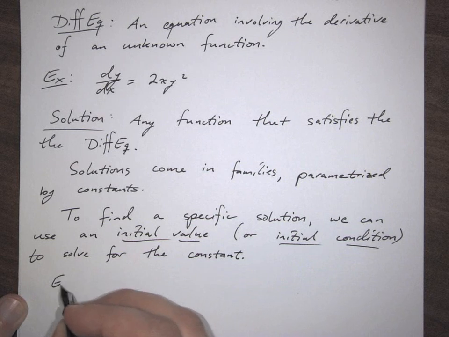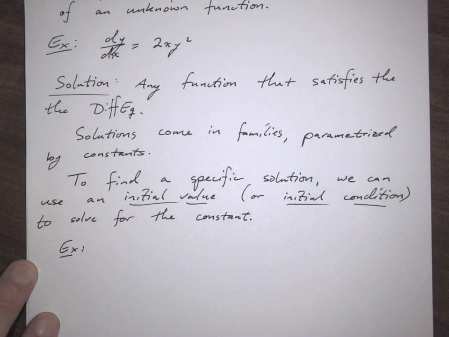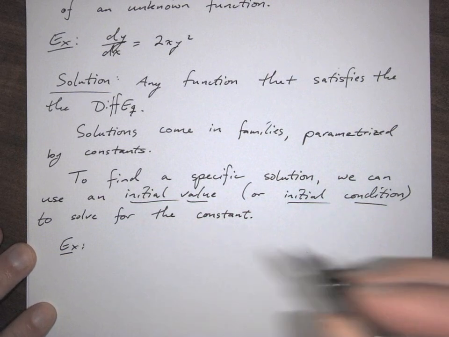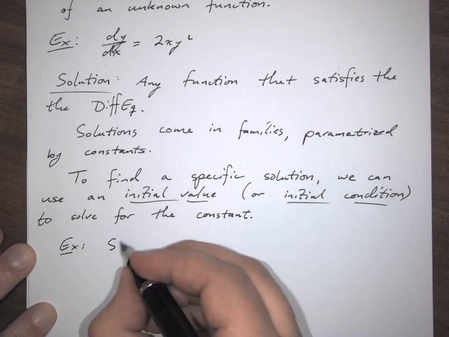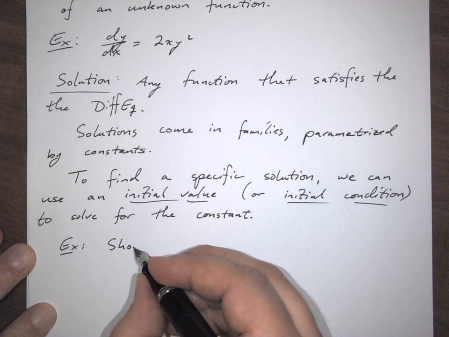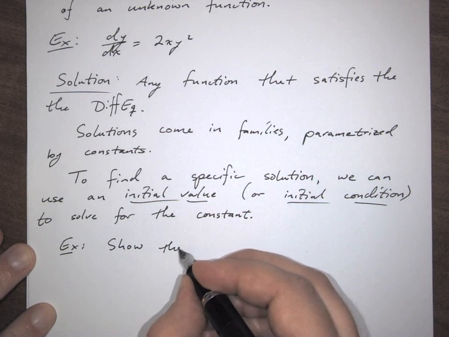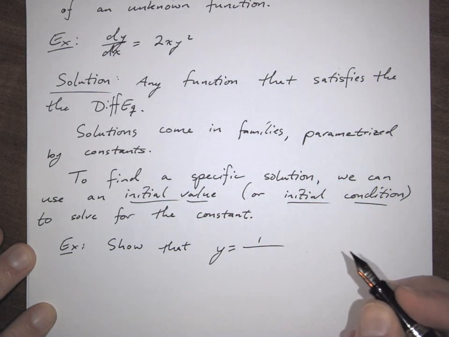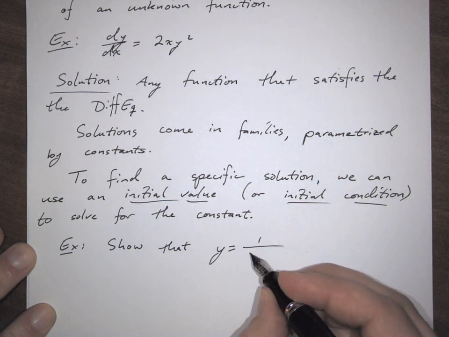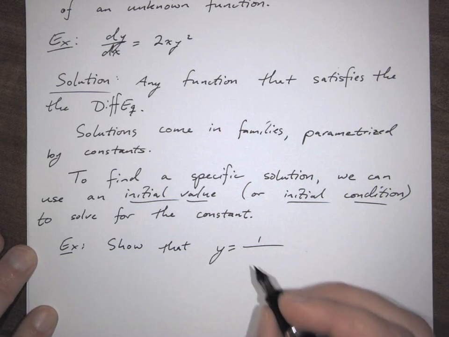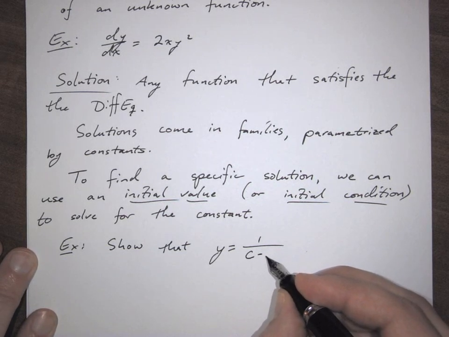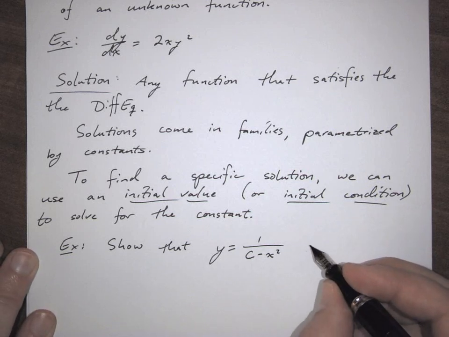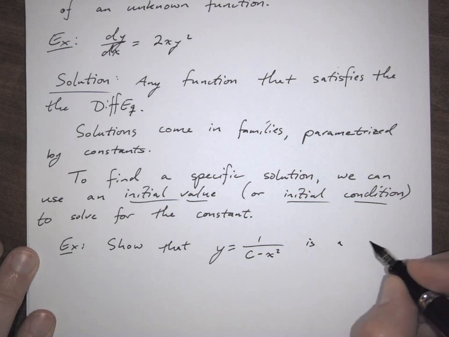So returning to that example from above, let's say that we were given, just out of thin air, a family of solutions, and we wanted to verify that it actually did the trick. So show that y equals, and now here, I'm just handing to you from on high a family of solutions. Later, you'll learn how to find this, but for now, it's just being given to you. Show that y equals 1 over c minus x squared is a family of solutions